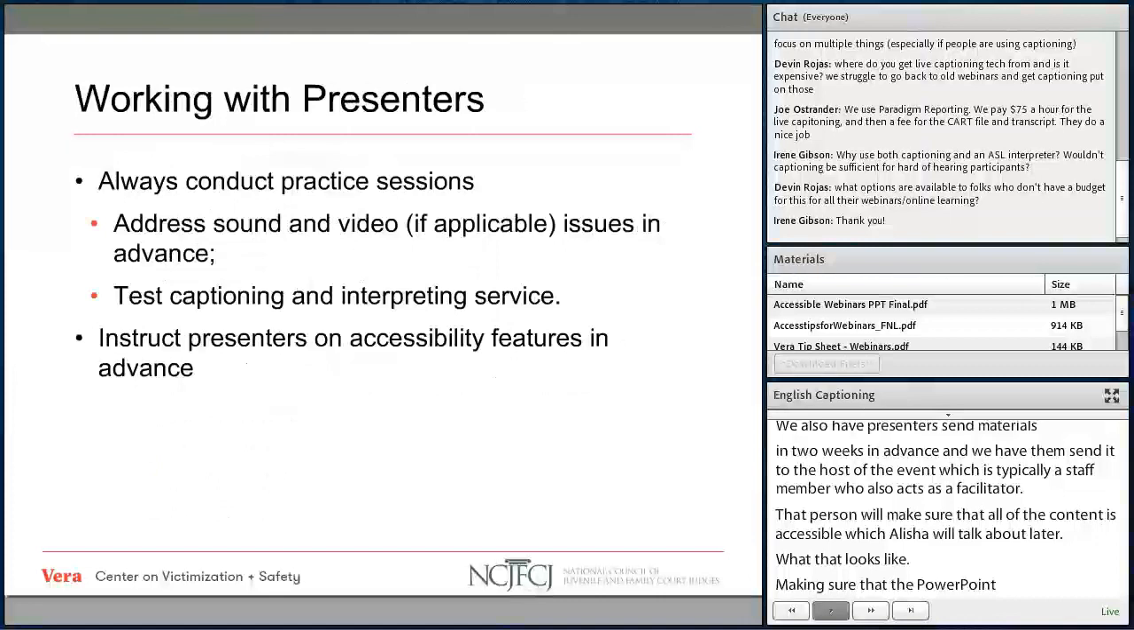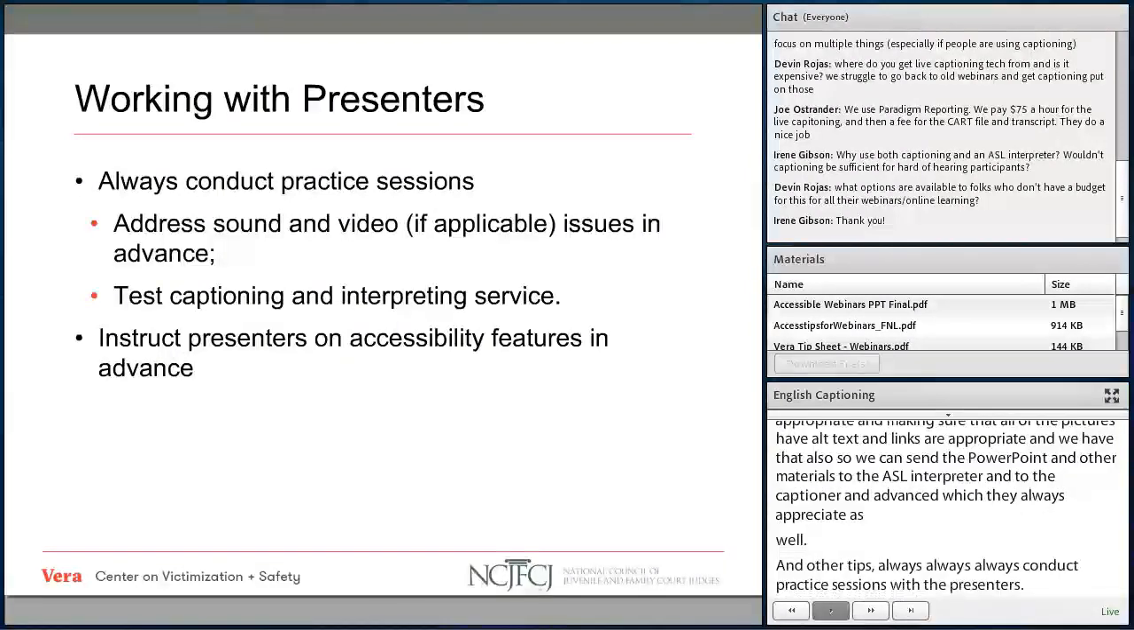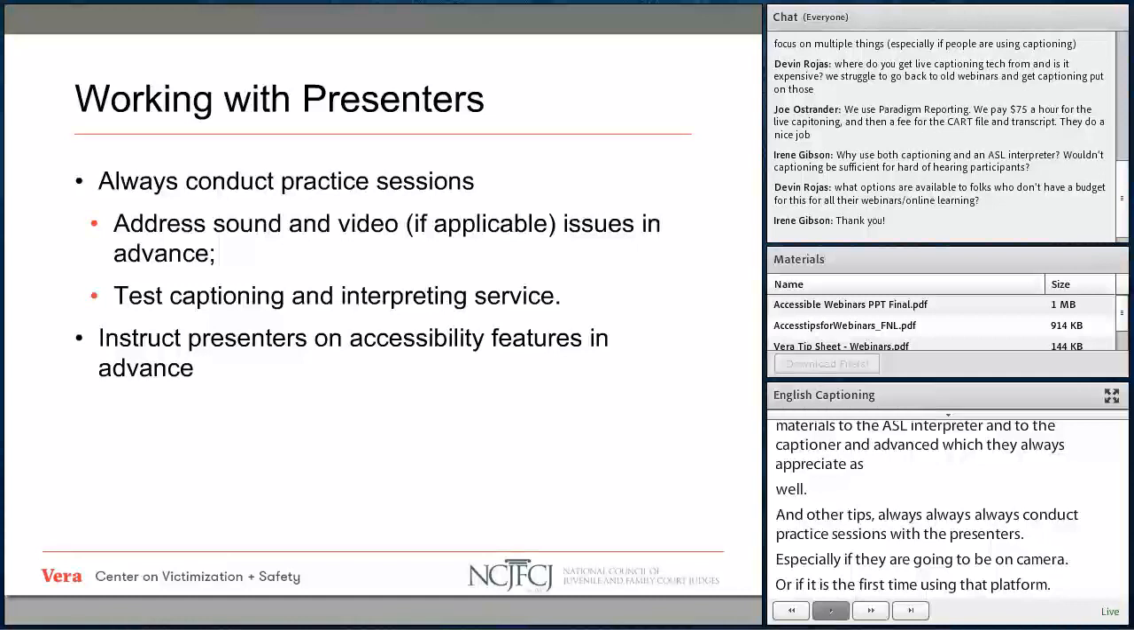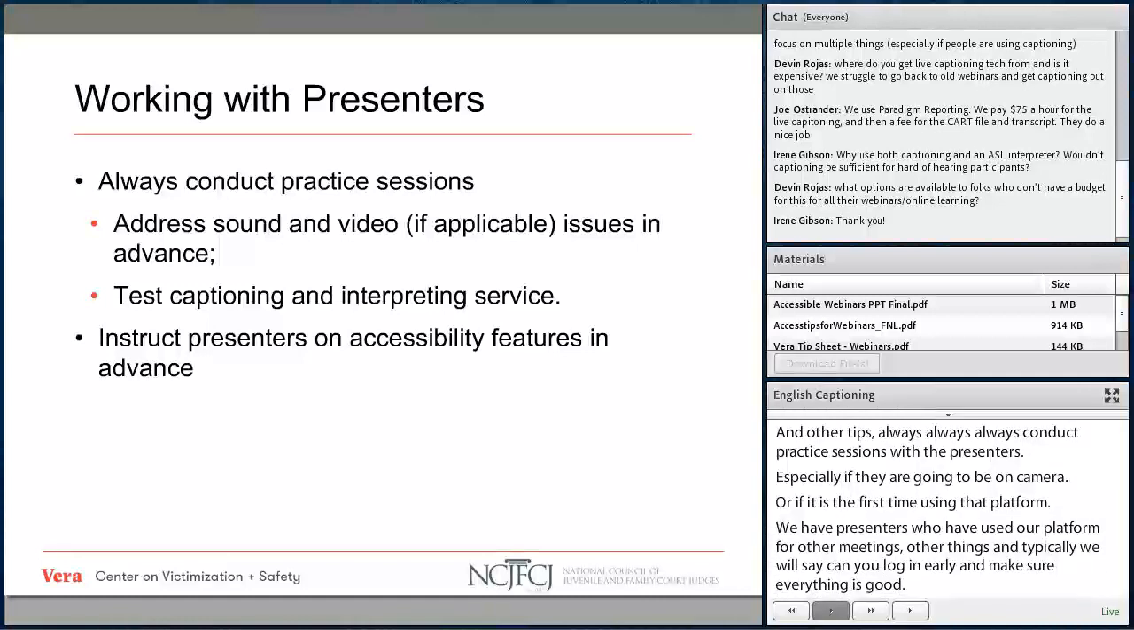And then some other tips, always, always, always conduct practice sessions with your presenters, especially if they're going to be on camera, if it's their first time using that platform. We have presenters who have used our platform for other meetings and other things, and typically with that we'll just say, can you log in half an hour early and make sure everything is good. If it's a presenter who's not familiar with your platform, you definitely want to schedule a session a few days beforehand to check audio,